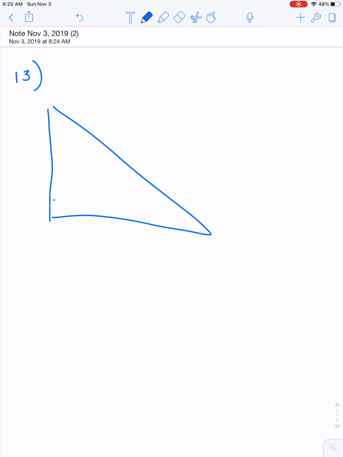For problem set 10 or homework set 10, question 13, I'm just going to give you some pointers on how to solve it. So there's our building. We have this at 225 feet, theta, and then we have x here. So the question's asking you to find d theta dt